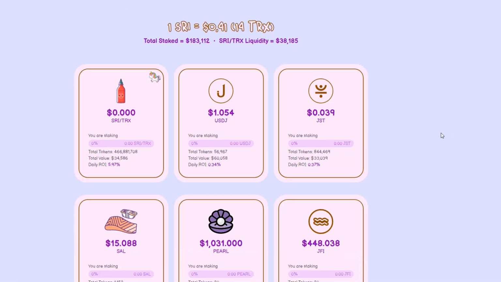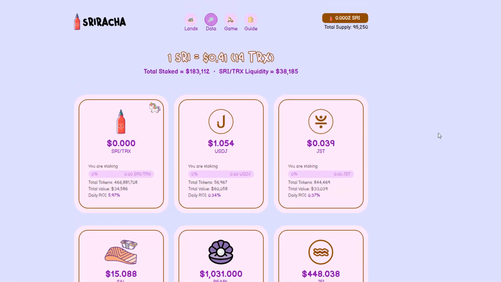I reckon that these devs or the people that created this sriracha, they've been dumping because someone just keeps on bleeding this pool. And sriracha was up to like, I don't know the all-time high, maybe it was like $40 and maybe even more. And it just kept on dumping.